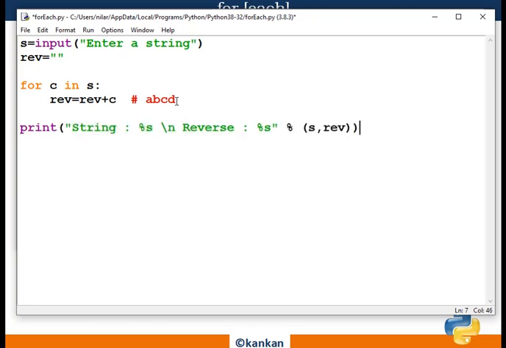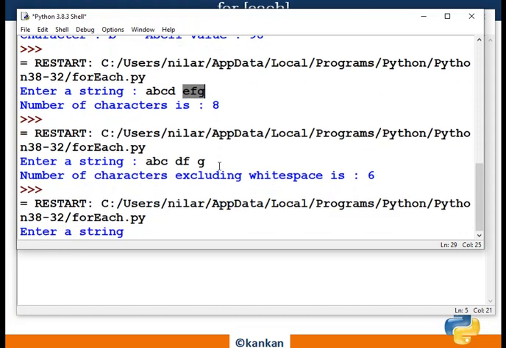So what will be in this case? Just I am executing fast to see the mistake I have made. Enter a string, suppose madam.